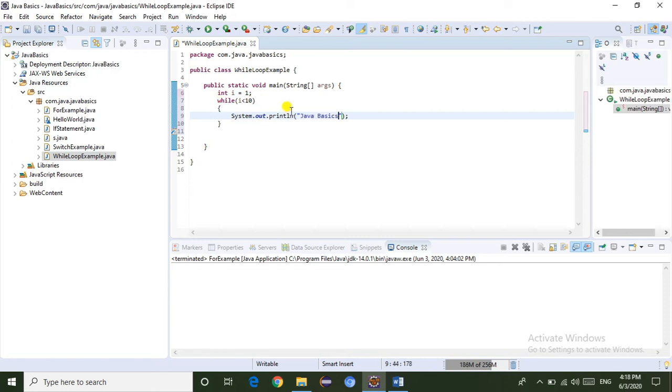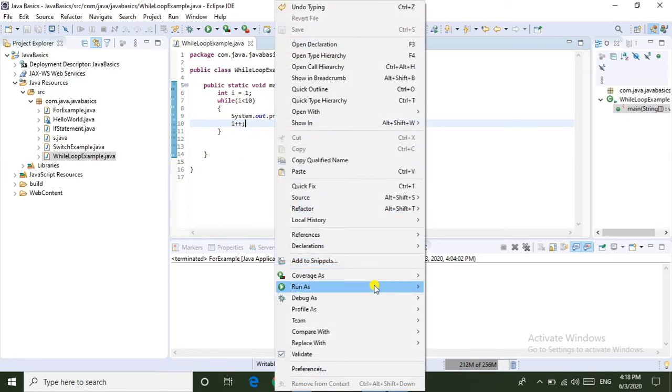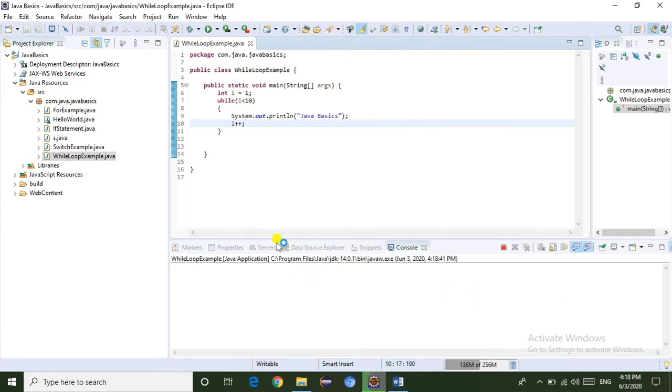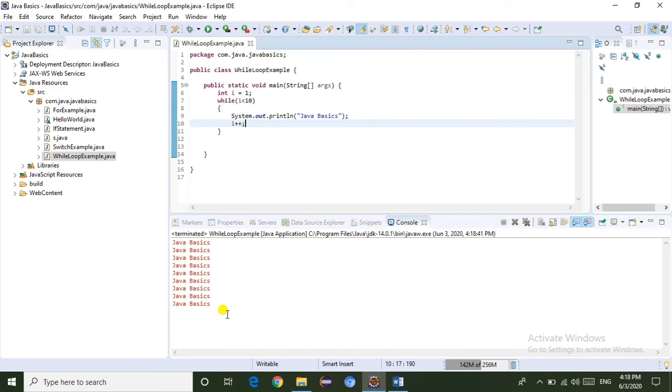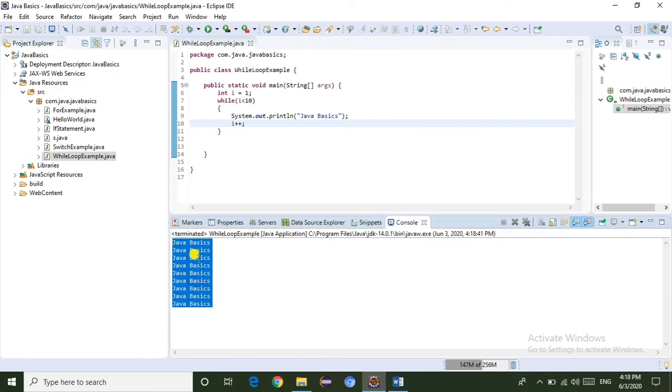I want to print Java basics 10 times. Then here I am going to write an increment operator. Now I am going to run the program, right click, run as Java application. If you see here, Java basics is printing 10 times.